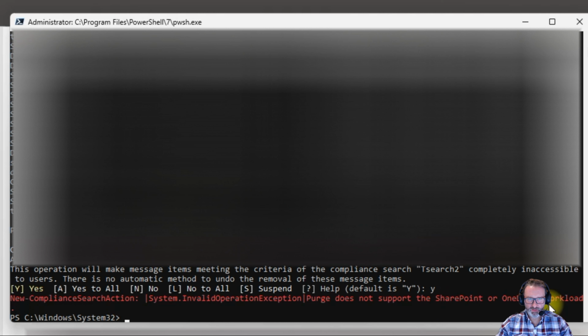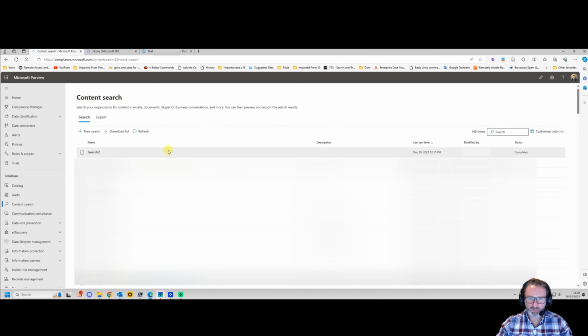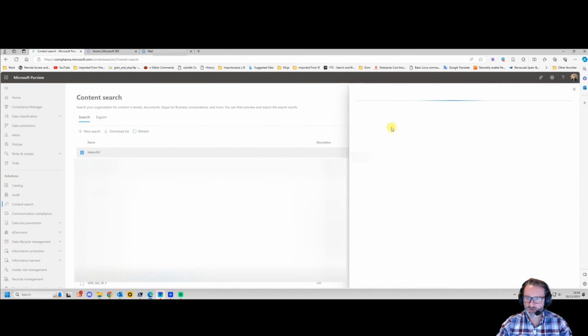So which means that in order to get all the emails deleted from my organization, I need to get back to that search and edit it in order to just search throughout all the emails. Exclude SharePoint, exclude OneDrive, exclude other locations. So I'm going to show you that now. Okay, so I'm going to open that search,